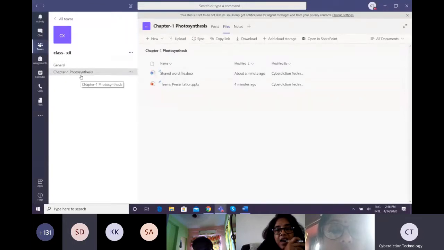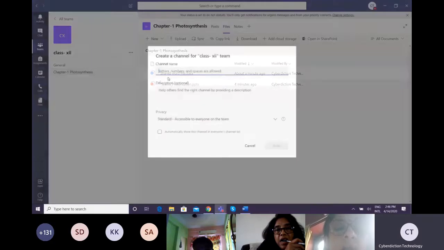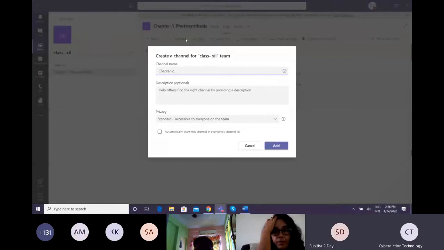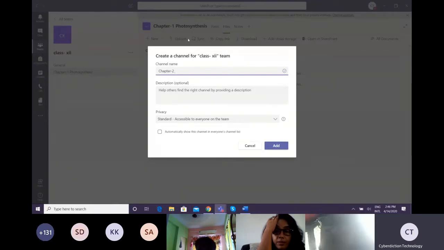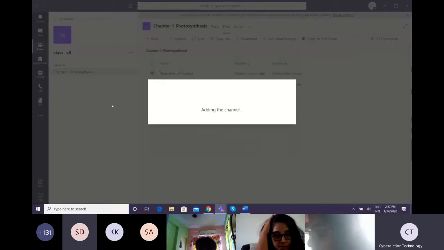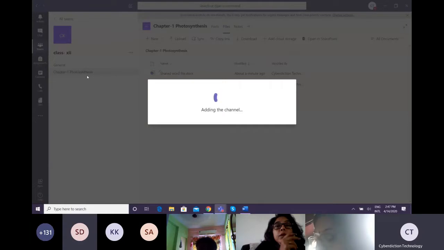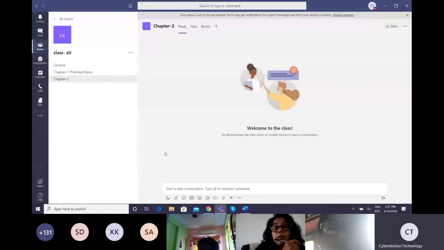When chapter 1 is completed, similarly you can add a new channel and then you can add chapter 2. So it means everything is basically organized here. Fine. Or you can say that the hierarchy is there. One class is there, you have formed one class, and under that class you have created many chapters, and under that particular chapter you have all the resources related to that chapter only, so that there should not be any mixing. Otherwise there is one file storage and you have mixed everything up, so there is a hodgepodge of different resources.